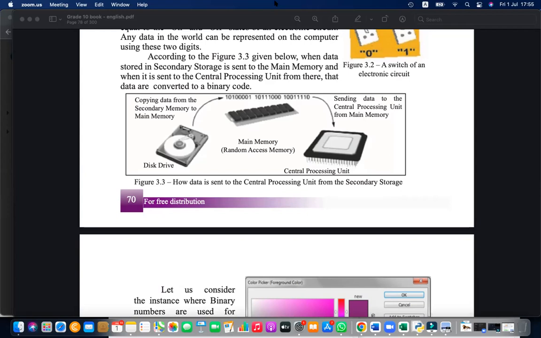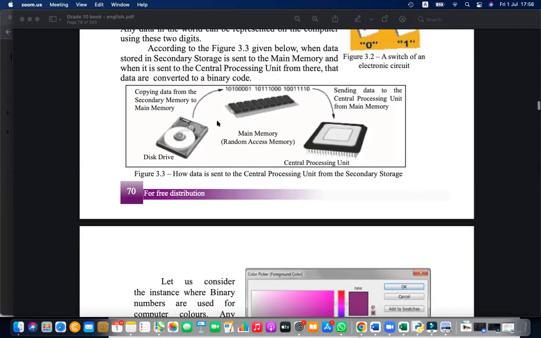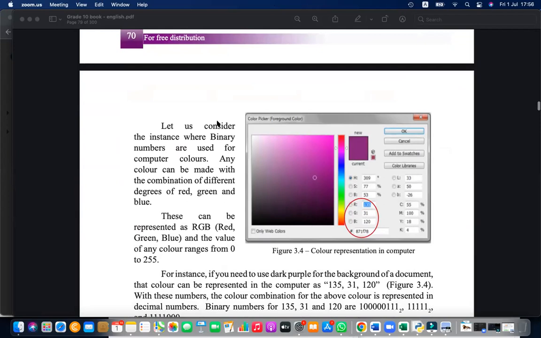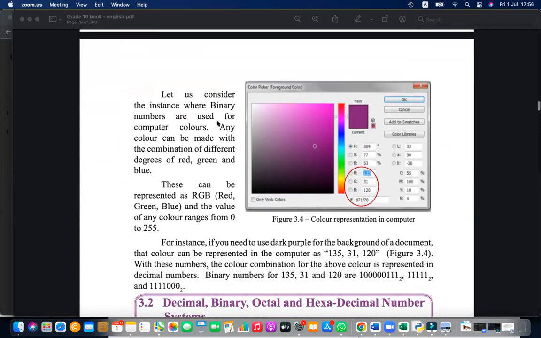Width and length. Then in the magnetic, north-south and south-north. Okay, so this is how the representation happens. In electronics, on and off. Okay, so then,